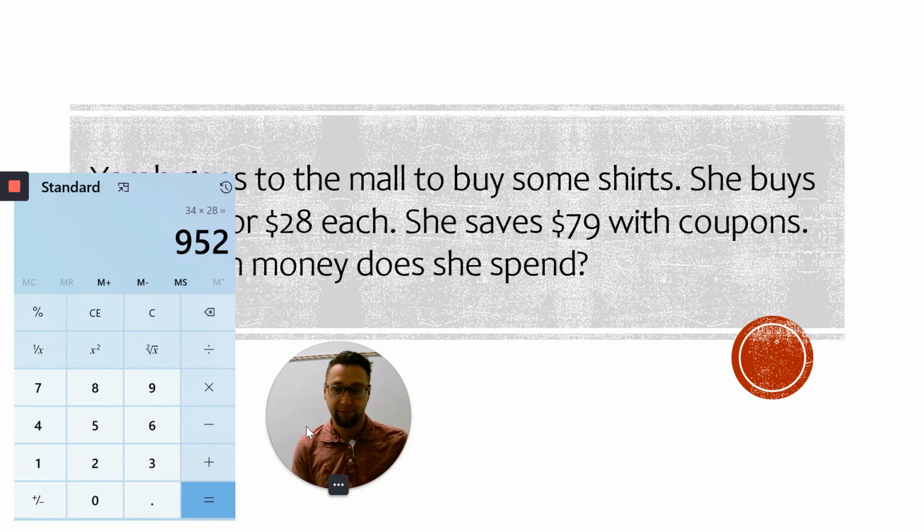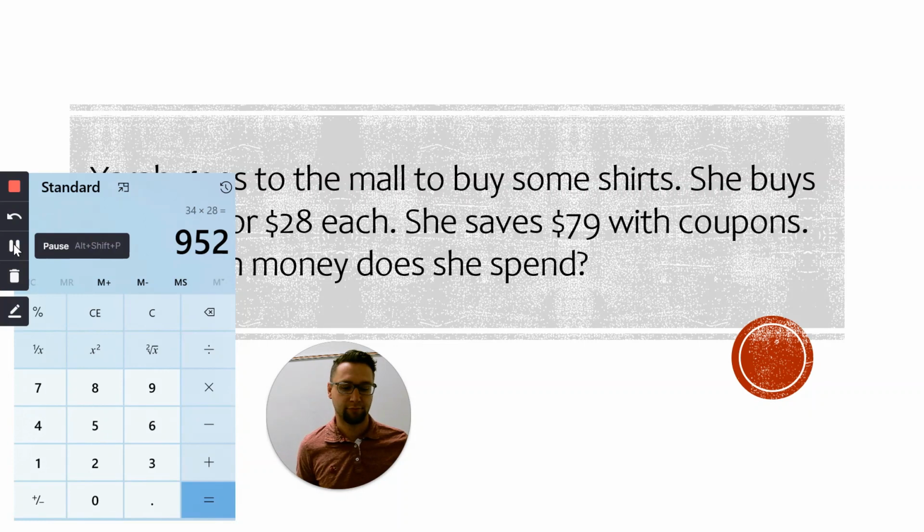Alright, so that's the first thing. But it also says she saved $79 with coupons. When you're spending money and you have a coupon, you wouldn't want that store clerk to forget about your coupon. In this word problem, we can't forget about the second chunk, because it's very important. If we spend that much money on t-shirts, we at least want to save a little bit if we have the coupon. So in the second step, we're going to take 952